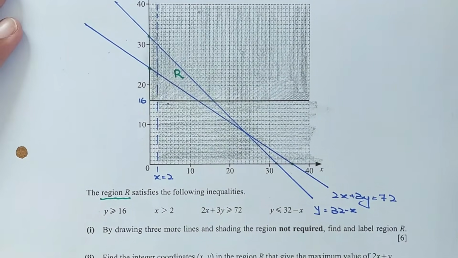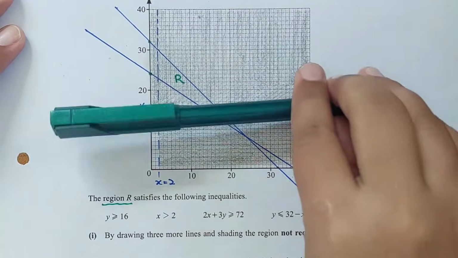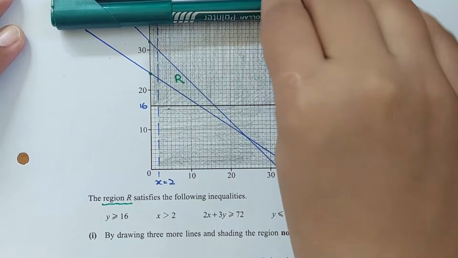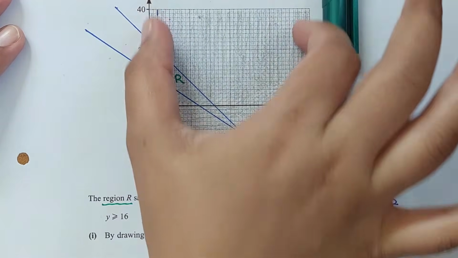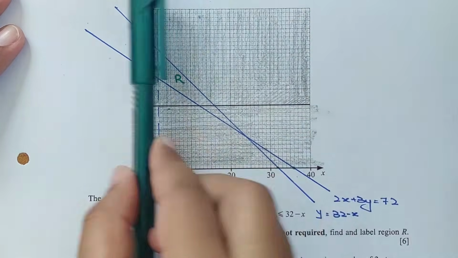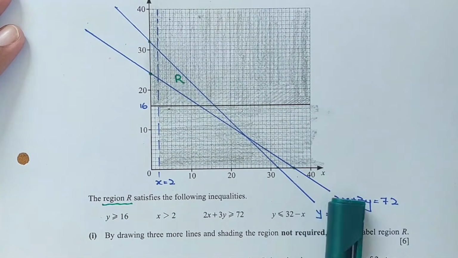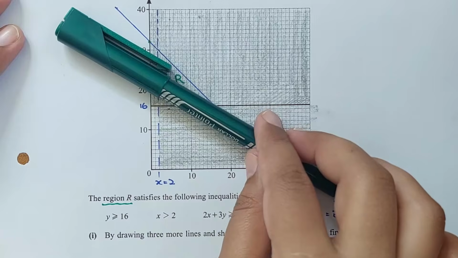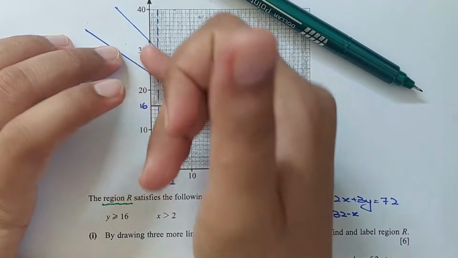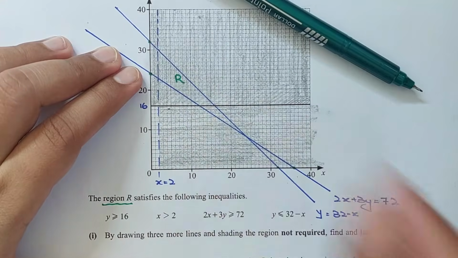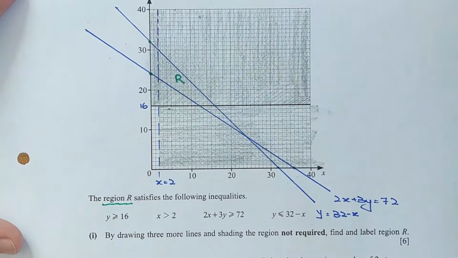Let me explain one more time. So more than 16 is this region, right? More than 2 is this region. For the 2 inequalities, this is going to be the intersecting one. More than 16, more than 2, right? And for this line, we have to find the lower region. Again, this region is the common one, and then less than, so this is the region R that satisfies all the